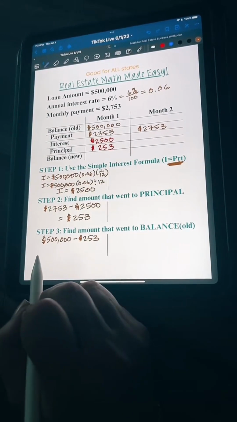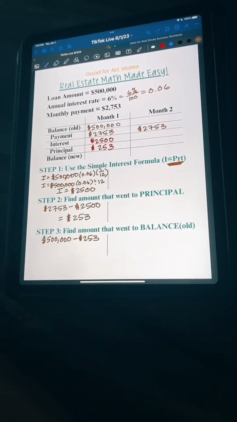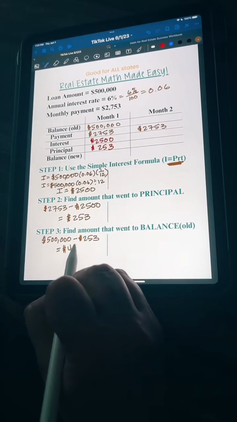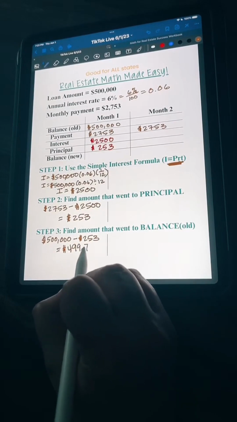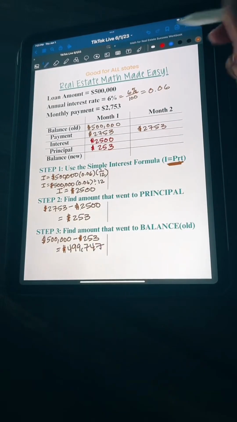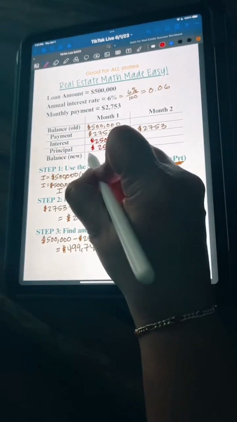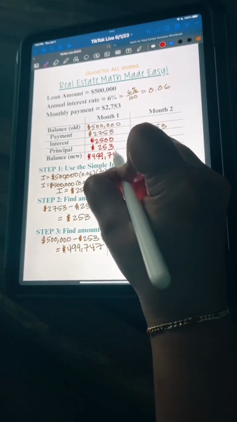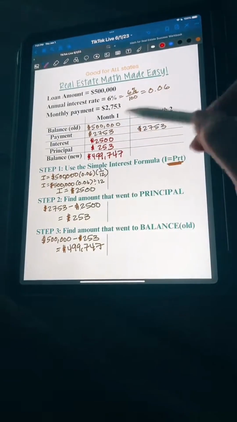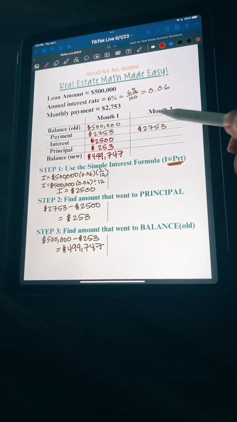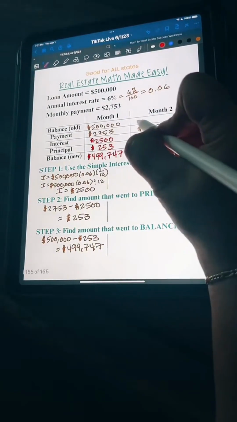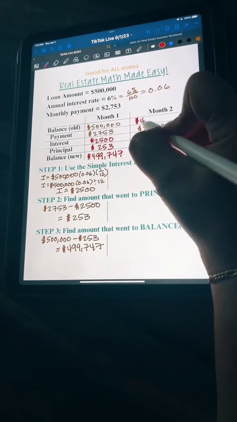So 500,000 minus 253 equals 499,747. So that goes here. And then that will also now be the beginning balance of month 2. Okay? So 499